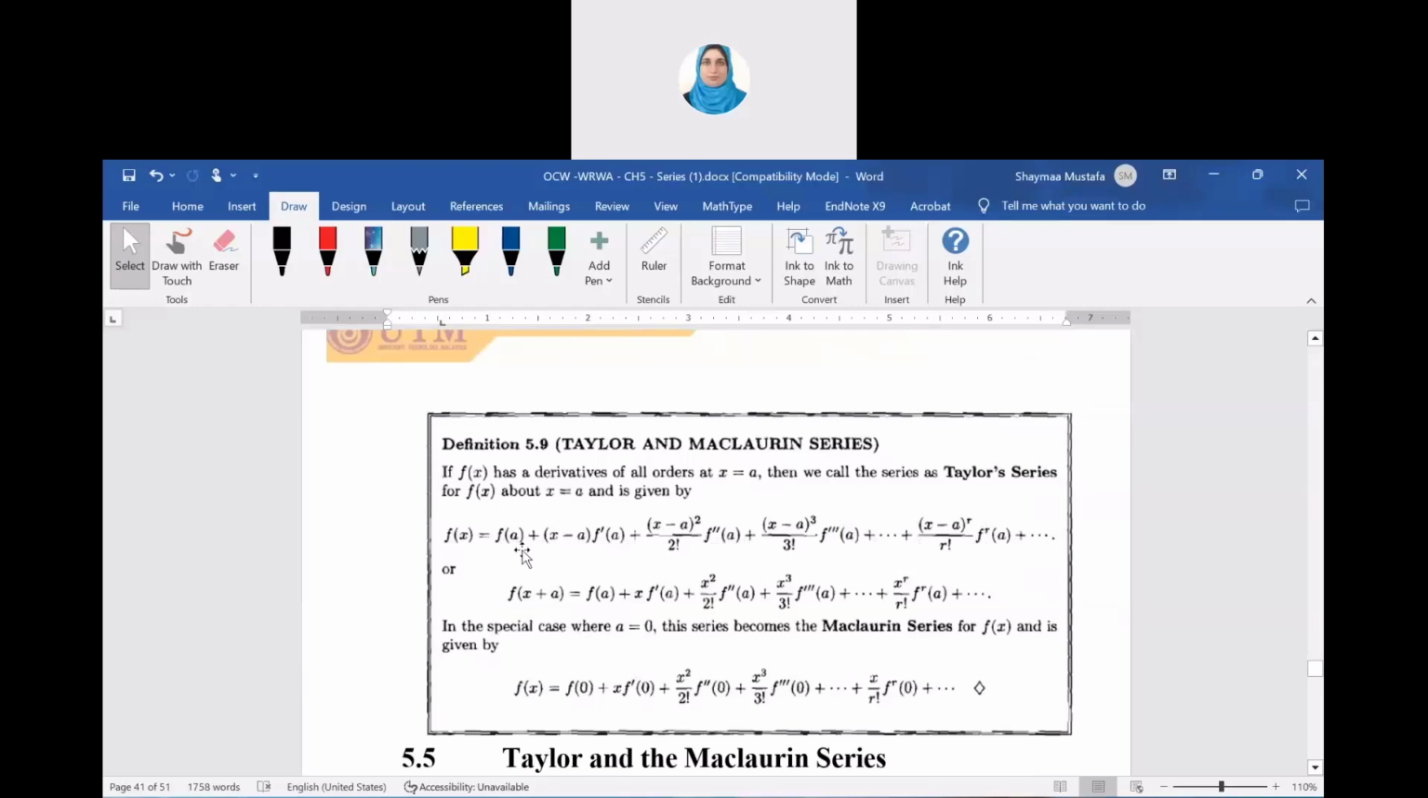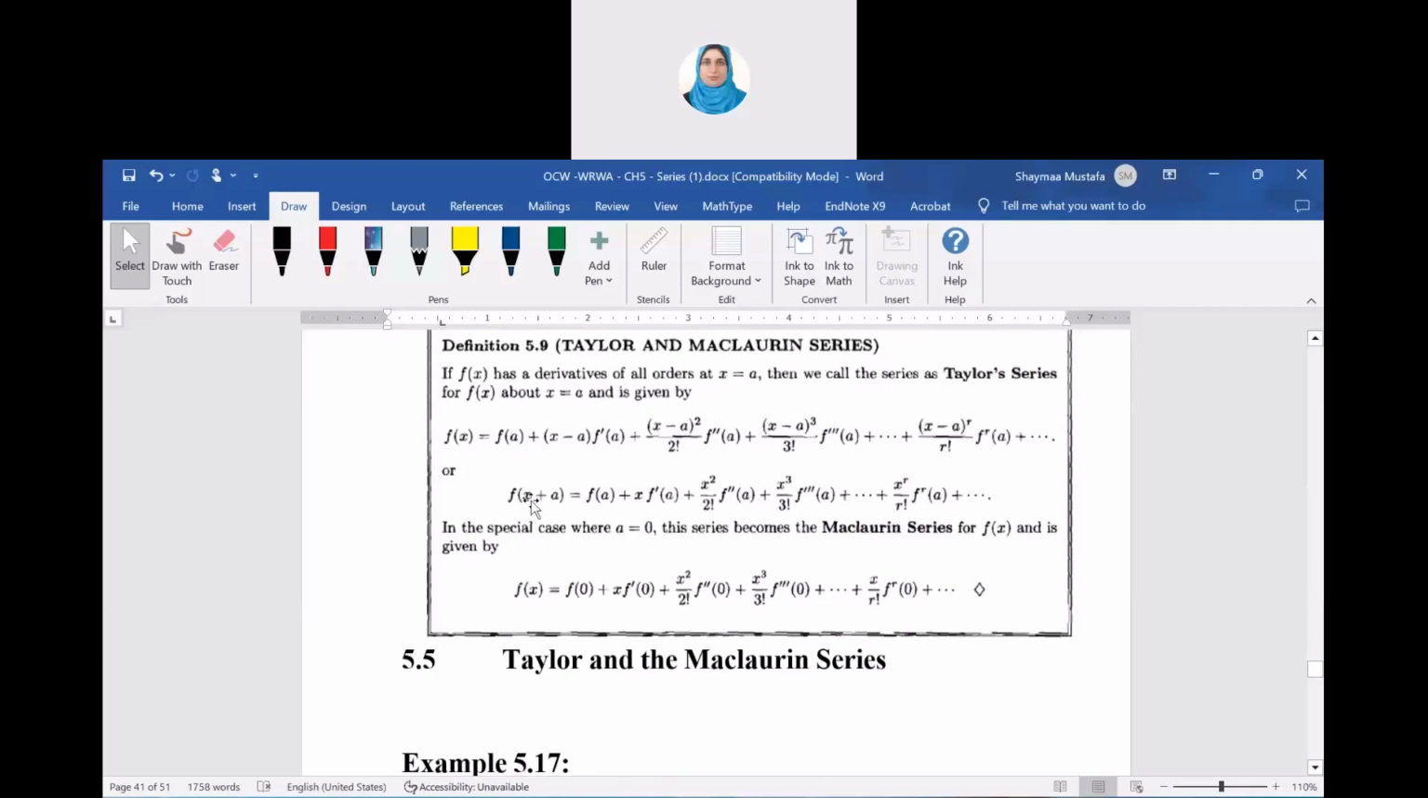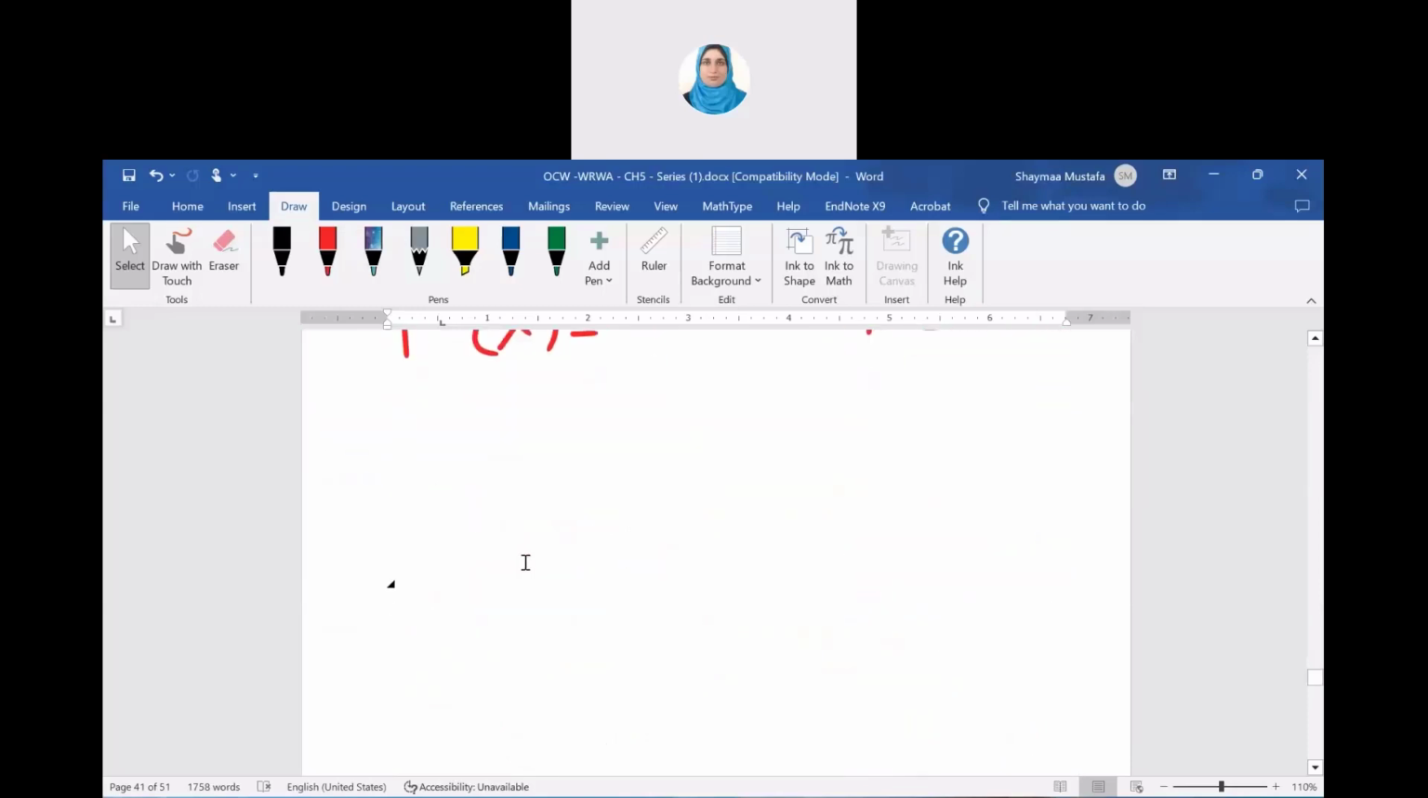So to apply this one, f of x will be equal to f of a plus (x minus a) times the first derivative at a, plus (x minus a) squared over 2 factorial times the second derivative at a, plus (x minus a) cubed over 3 factorial times the third derivative at a. Which means that